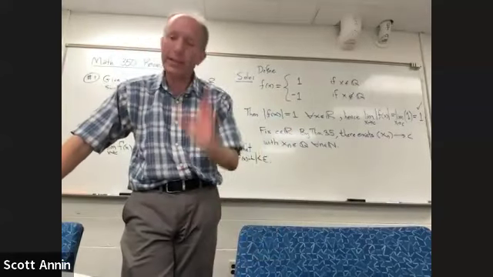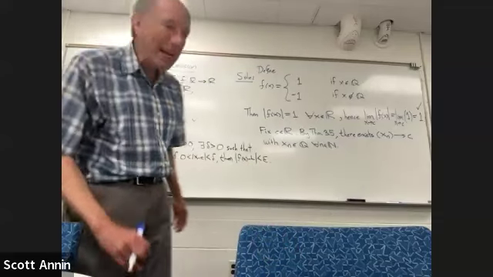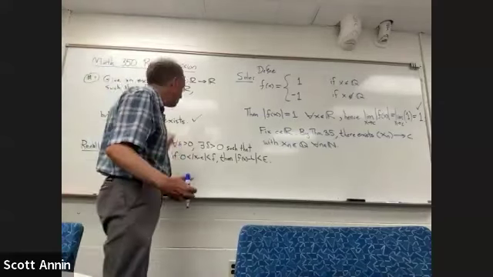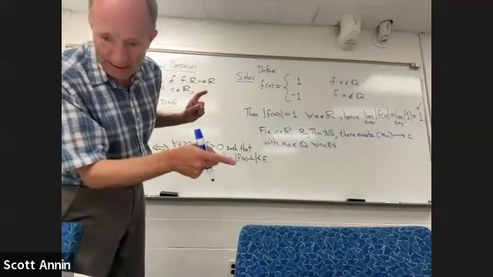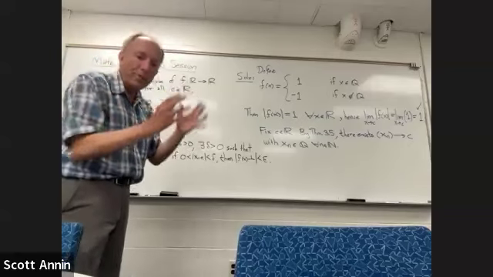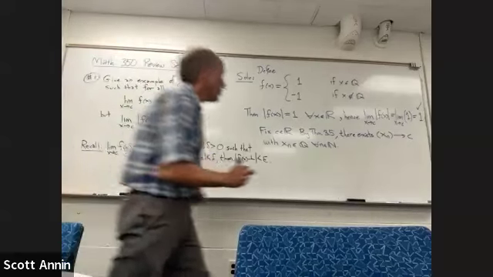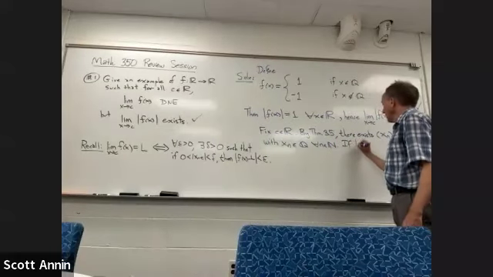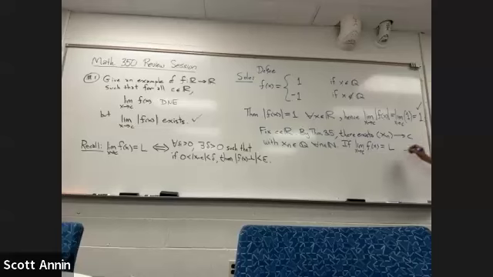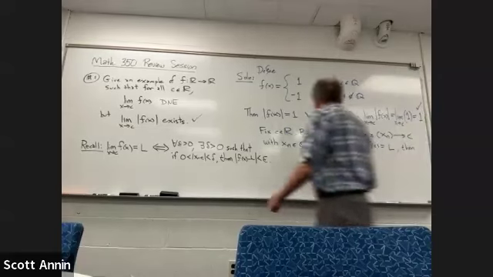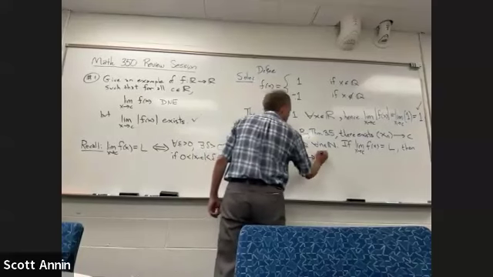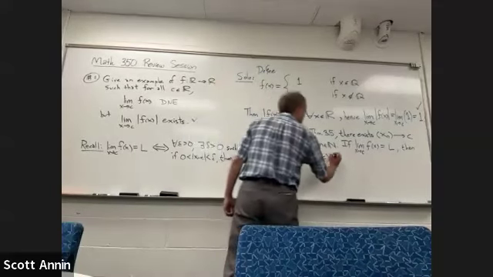Sorry, it's proposition 4.6, which says that the limit of f of x as x approaches c is equal to L if and only if for all sequences that converge to c, the limit of the image of that sequence is equal to L. So what we can say is if the limit as x approaches c of f of x was equal to L, then the sequence f of xn would need to converge to